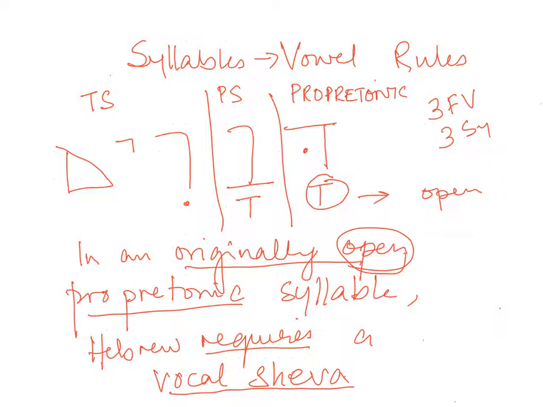What this rule says is that in such a case, this kametz is now reduced to a vocal sheva. Now, when you have such reduction taking place, this particular syllable cannot exist by itself. That means dalet with a vocal shava cannot exist by itself as a syllable, because every syllable requires a full vowel. So it now merges with the next